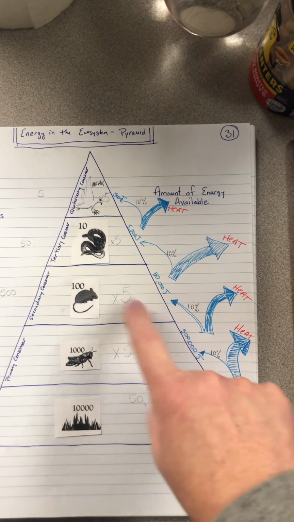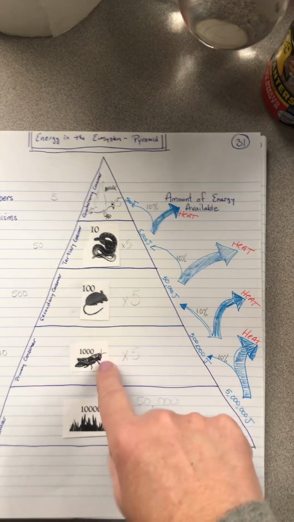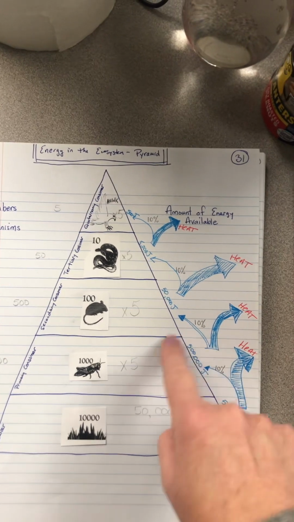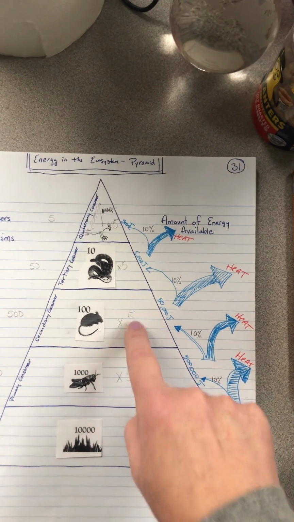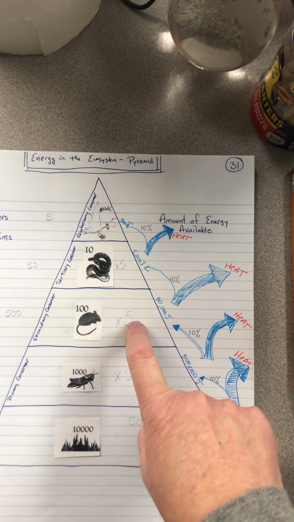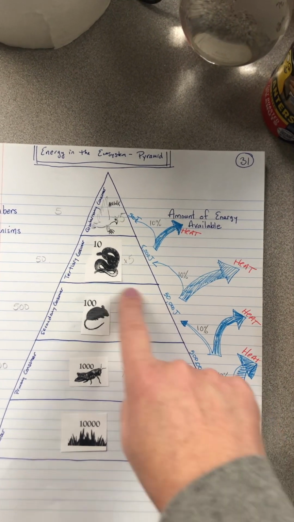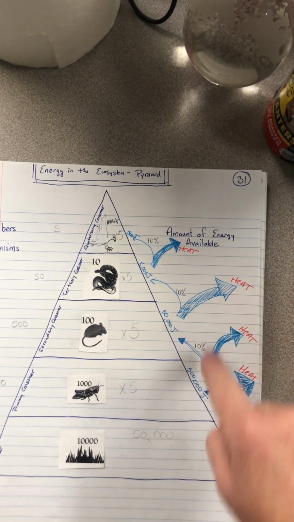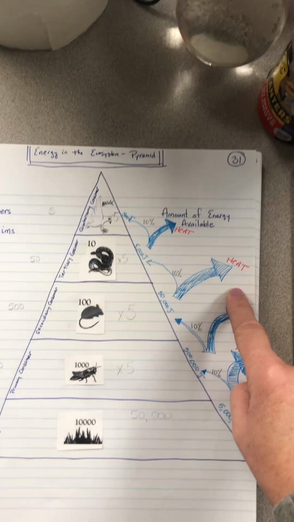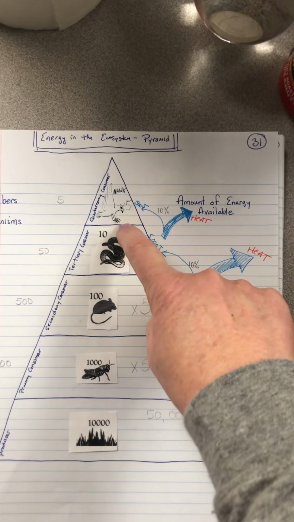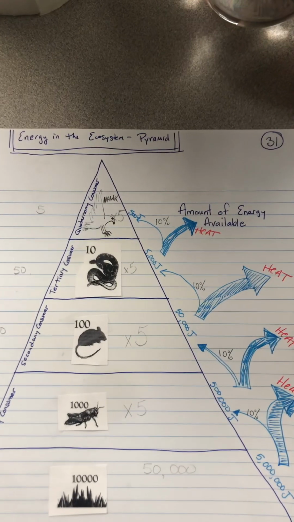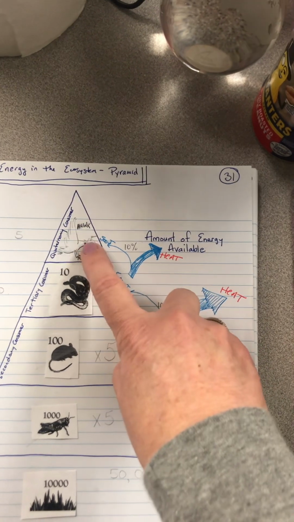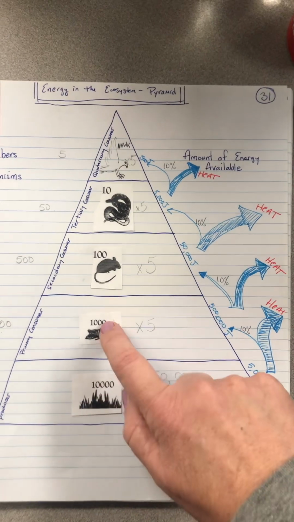Again, next layer up. These mice, if they're eating the grasshoppers, that means that they're eating the bodies of the grasshoppers. Only of the 500,000 joules of energy at this level, these mice are only going to get access to about 10%. So that means we're now down to 50,000 joules of energy available at this level. A whole 90% of the energy in the layer below is lost as heat. Same thing with our upper and our top quaternary consumer up there. You'll see, again, this pattern of 90% loss, 10% transfer. That is going to limit this food chain.